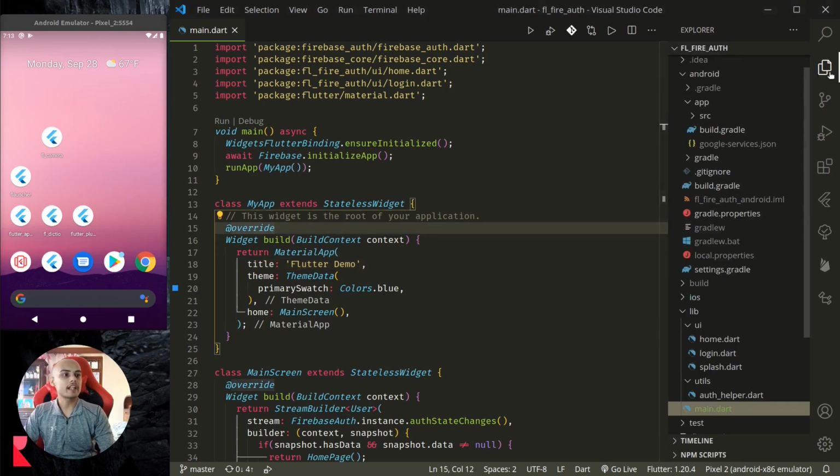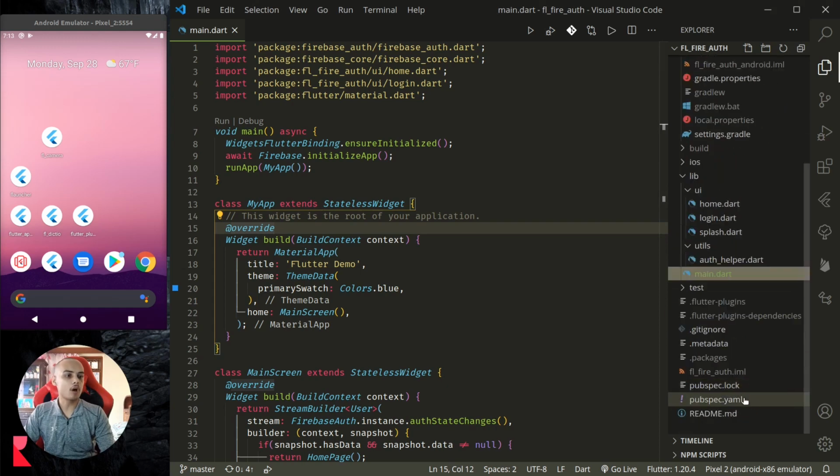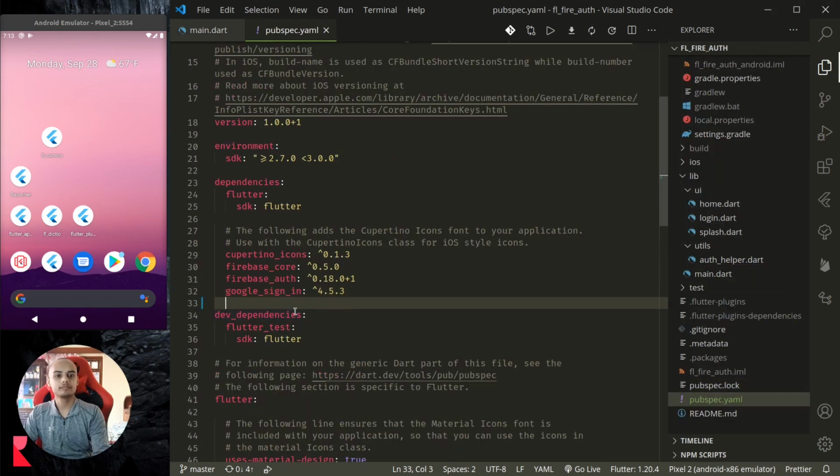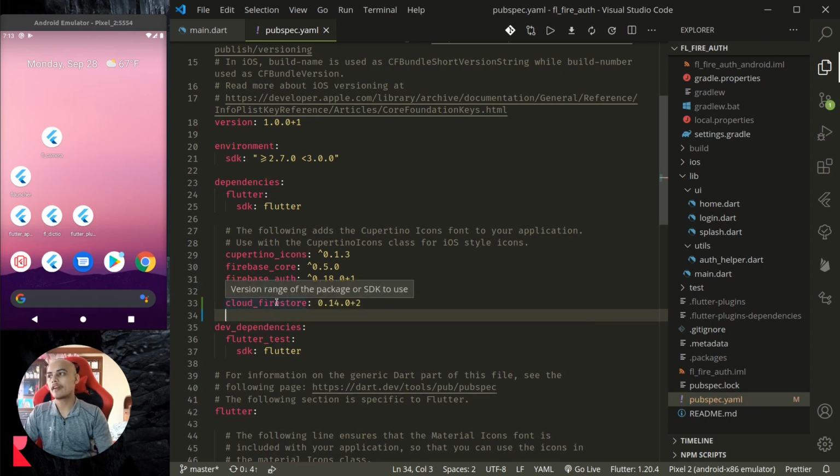First, let us add the required dependencies in our pubspec.yaml file. So, cloud Firestore 0.14.0+2. Then we have